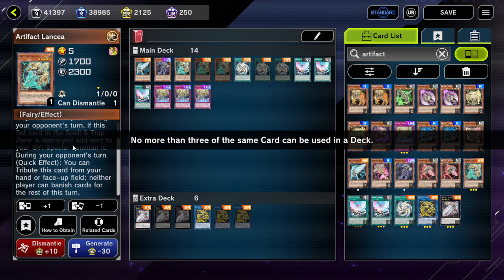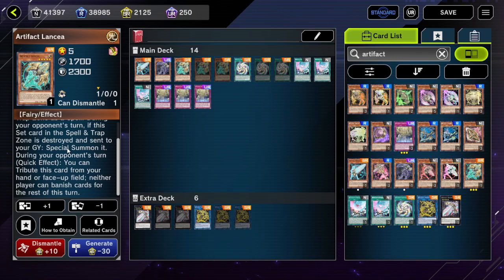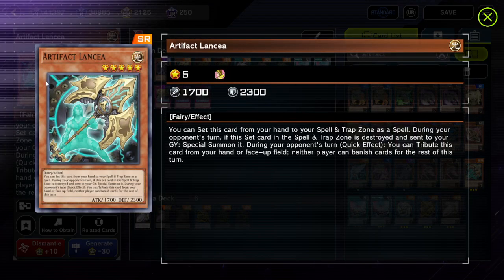But then we have Lancia, though, which prevents either player from banishing cards. So this is actually pretty crazy if you consider the nature of the deck, right? So let's assume our opponent has back row hate, because of course they do. Labyrinth is a deck that exists. Runic is a deck that exists. You'll have some back row removal. But the most powerful and common one that anyone would be playing, because it's just so good generically, is Evenly Matched. If your opponent goes into the battle phase, or activates Evenly, actually, I think you can wait up until that point, and then you can chain Lancia to it, and then you cannot banish any cards,